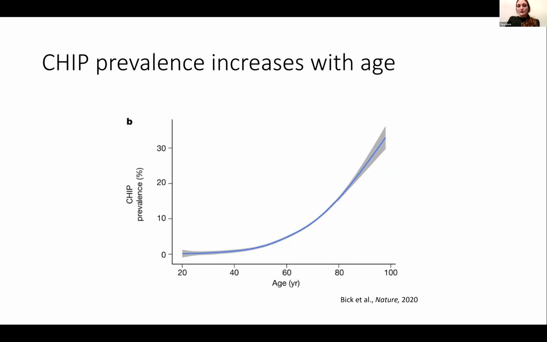And we know that the prevalence of CHIP increases with age, which makes sense if you think about this idea of accumulating mutations at a regular rate over time. The older you get, the more you're going to have, and the more likely one of them is going to make a difference. And so by the time you see people around 70 years old, around 10% of people have CHIP, and that increases exponentially as you age. And so when we're talking about CHIP, we tend to be focusing more on an older adult population where we're really seeing this phenomenon.